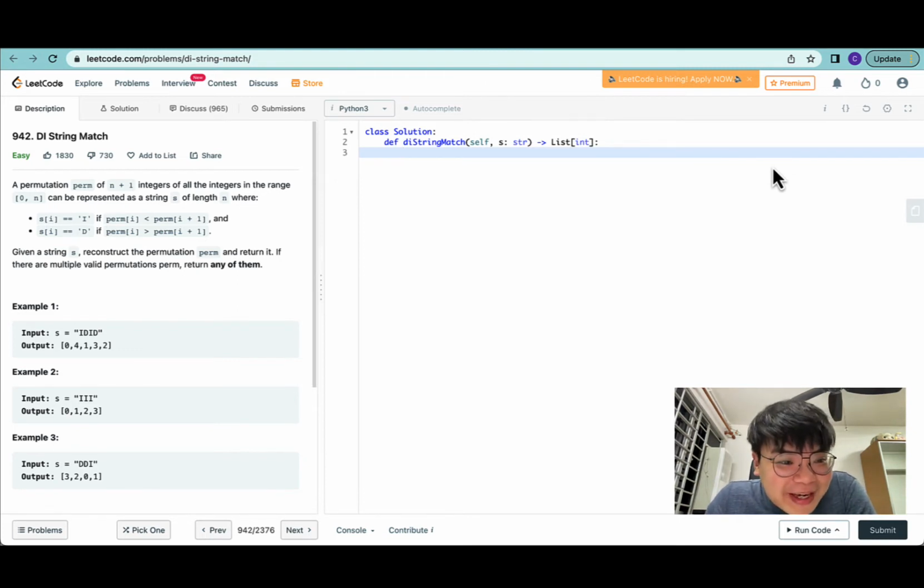So for this question, we're given a permutation perm of n plus 1 integers of all integers in the range 0 to n. Let me hold up. A permutation perm of n plus 1 integers of all the integers in the range 0 to n. Okay, so 0 to n are indexes. And because it's 0 indexed, you have n plus 1 permutations. Okay. Can be represented as a string S of length n,